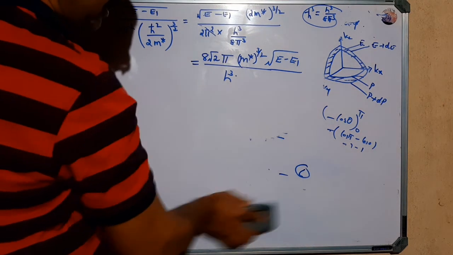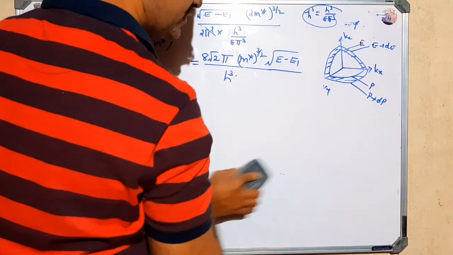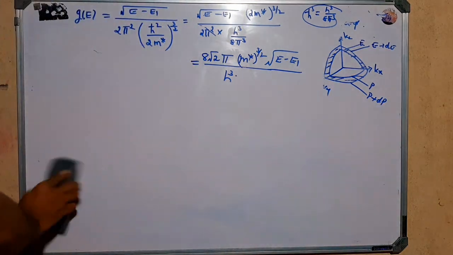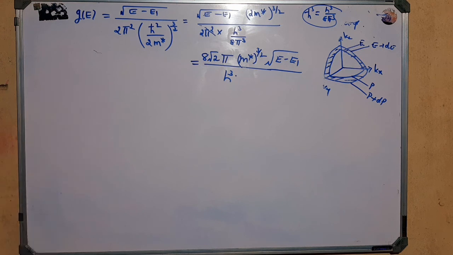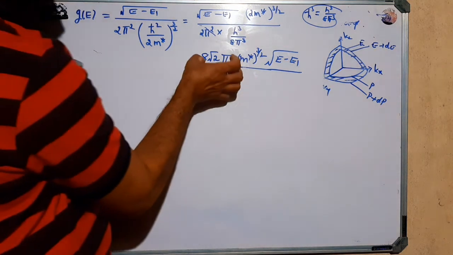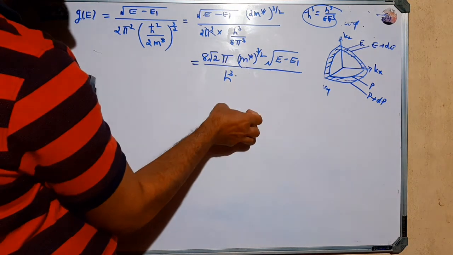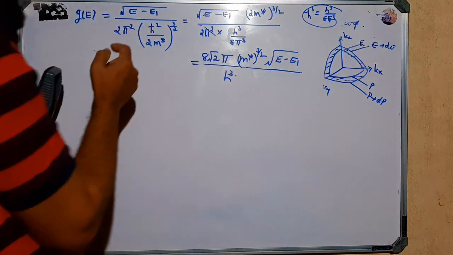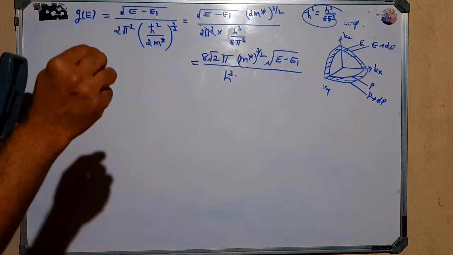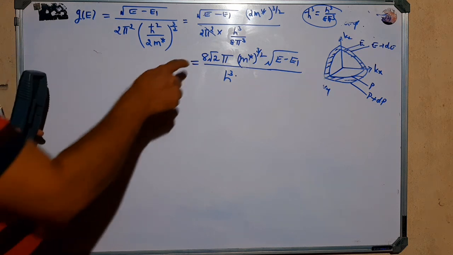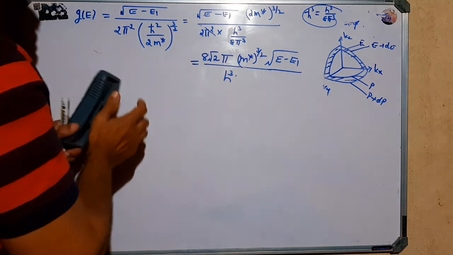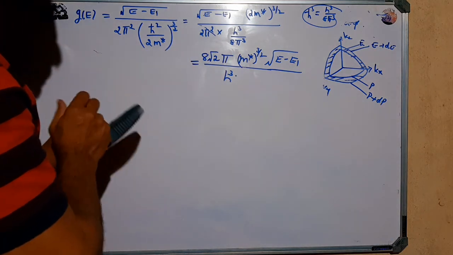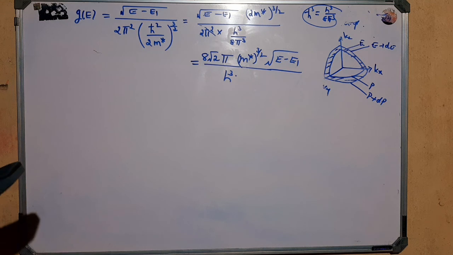In the previous semester you have considered metals not according to the band theory, but according to the quantum free electron theory. You have deduced the expression for density of energy states. This is the available energy states near the bottom of the given energy band. How many available energy states are there at the bottom of the band in the unit energy range? That is given by this expression. So from this you can observe that